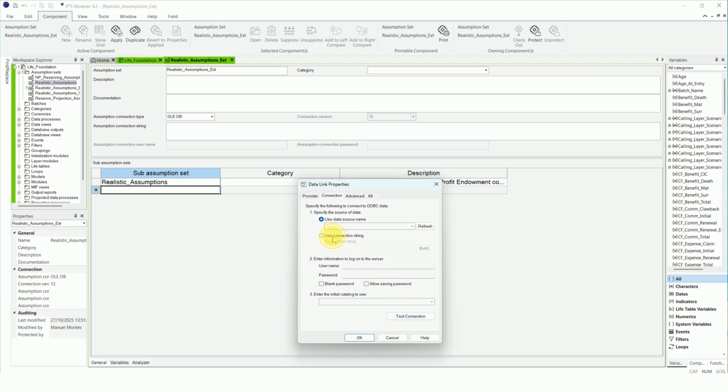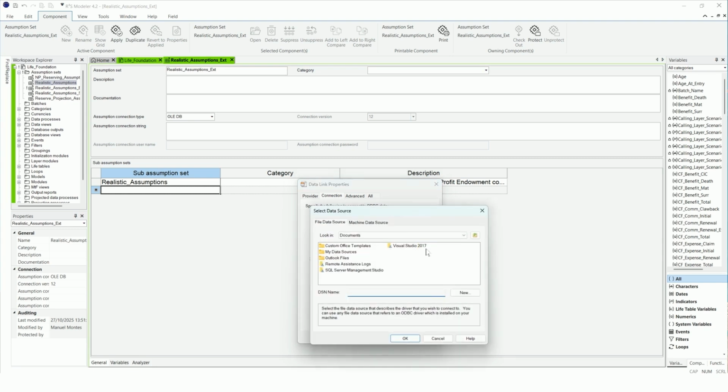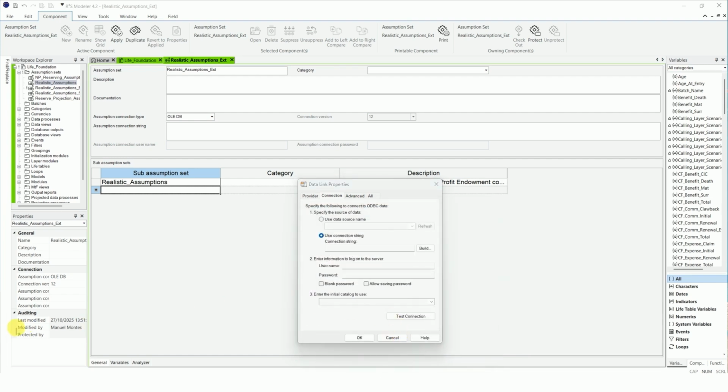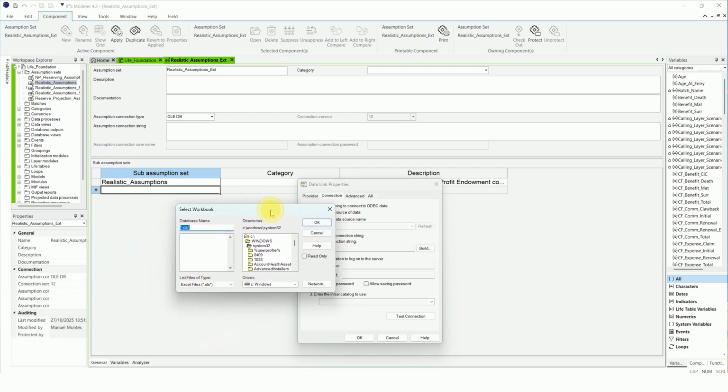Select Use Connection String and click on the Build button. In the Select Data Source window, go to the tab Machine Data Source and select Data Source Name, Excel Files. Click OK and browse through the directories to select the file external_assumptions.xls.